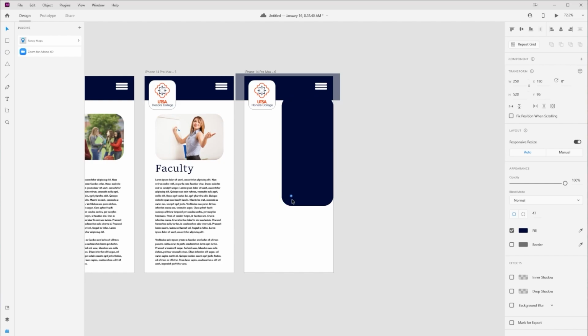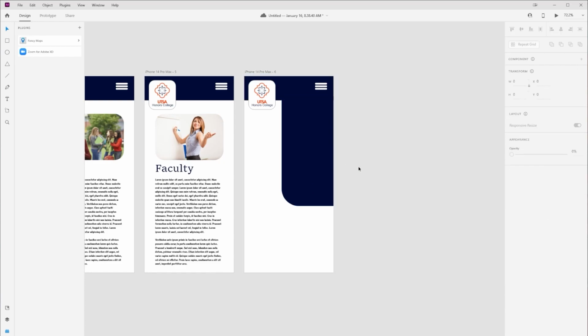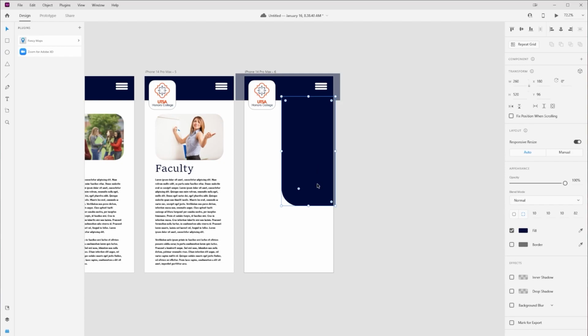If I grab that corner and pull it, it rounds all the corners. Well, I don't want that. If I hold down the Alt key, I can round just one corner. So if I just want a little bit of that rounded, I can round that one corner and it looks really nice. I can still resize this, I can still change it. Maybe that menu is a little bit too long for the options we have here, but I can do that.